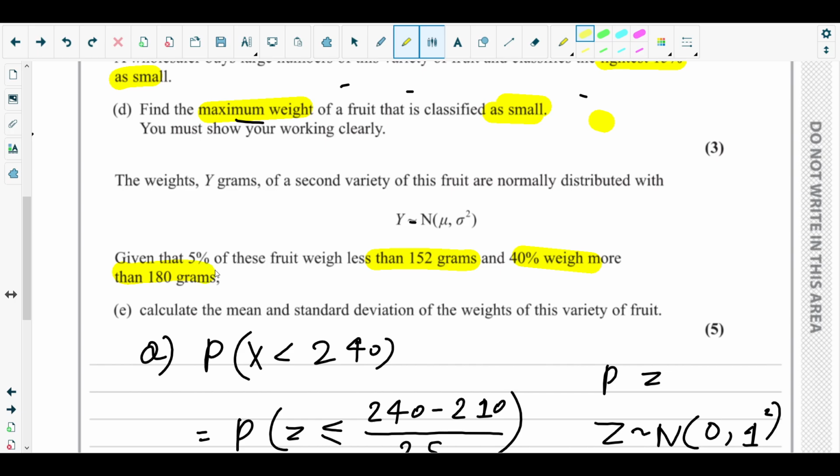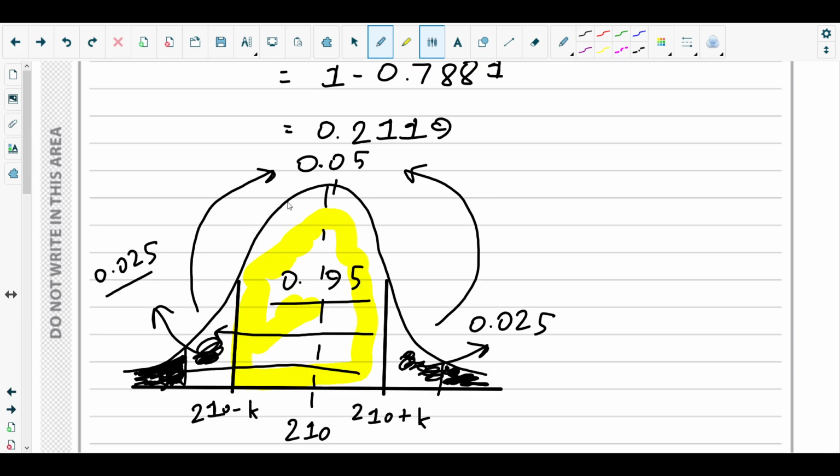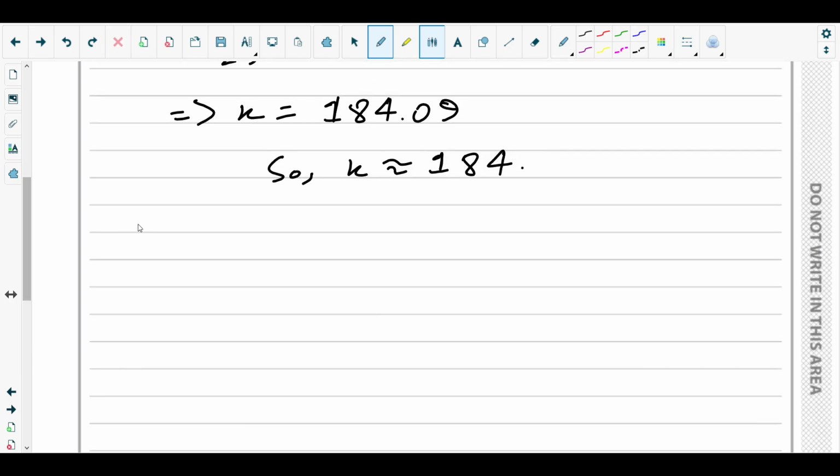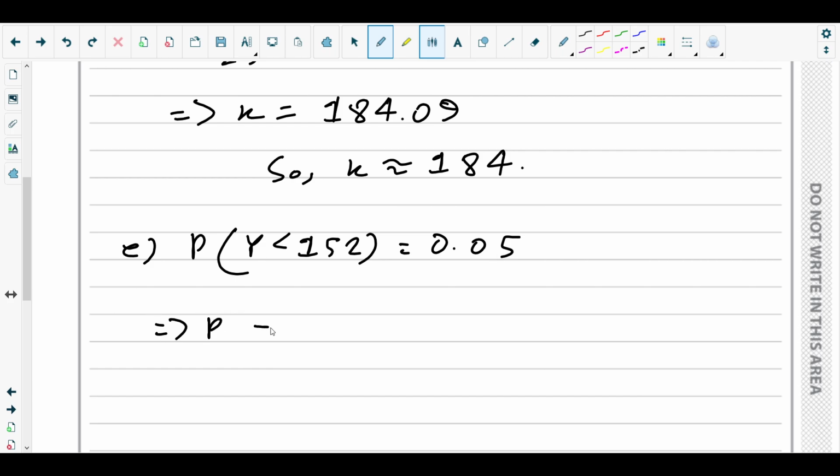So we need to find out in part E, they are asking to find out the mean and the standard deviation. So we will use the data that they have given here. Y less than 152 grams, it is 5%. For part E, the probability of Y less than 152, it is how much? 5%, that is 0.05. Now standardize the data. So the probability of Z less than or equal to 152 minus the mean over the sigma, this is equal to